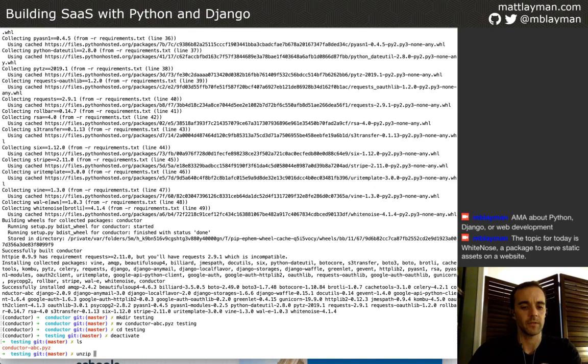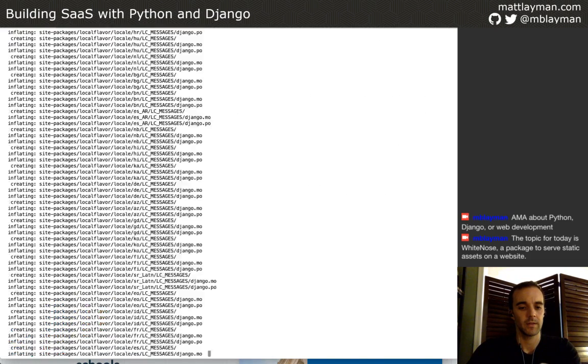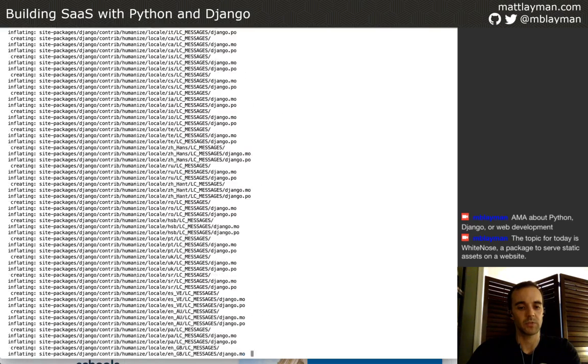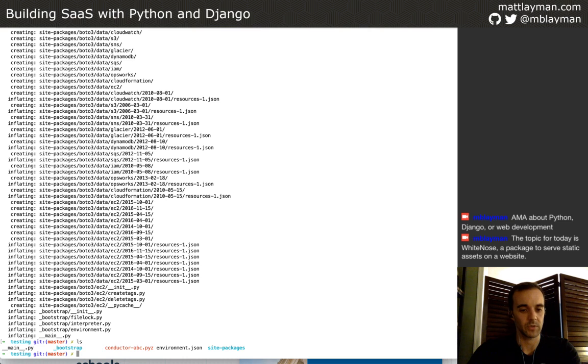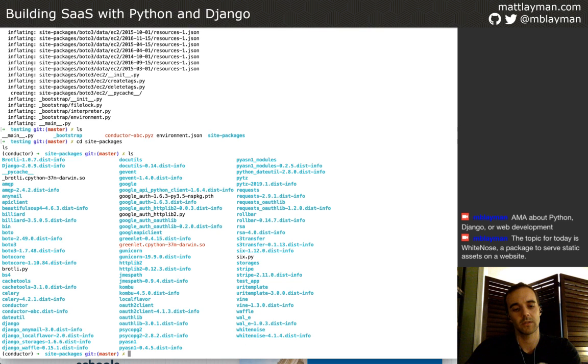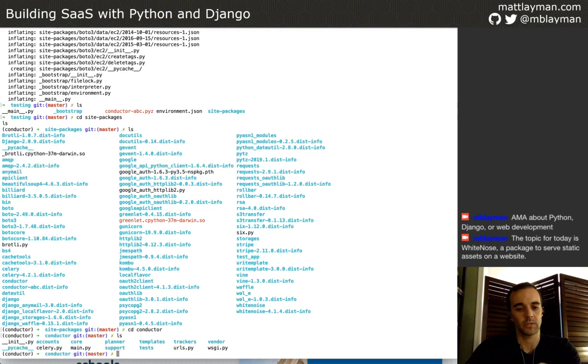First thing I want to do is unzip this thing, because I'm super interested to see. That should have dumped a bunch of files in there. And if we go into site-packages and now go into conductor, which is installed in there,